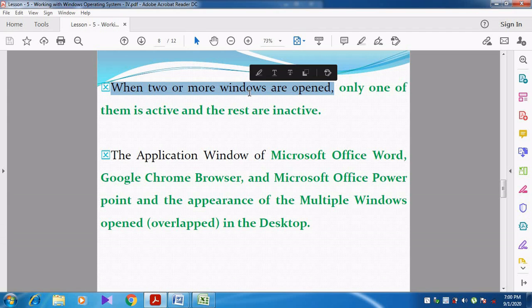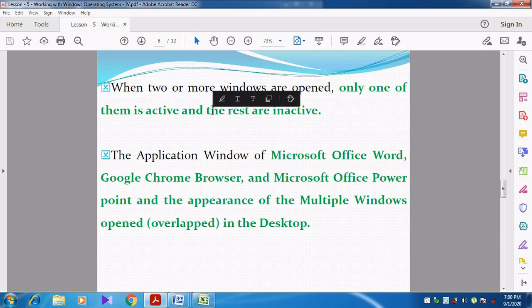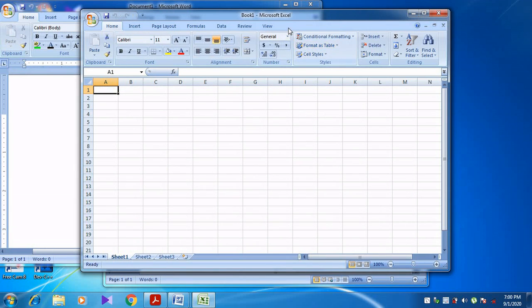When two or more windows are opened, only one of them is active and the rest are inactive. What is meant by that? For example, see here, now I am minimizing this.